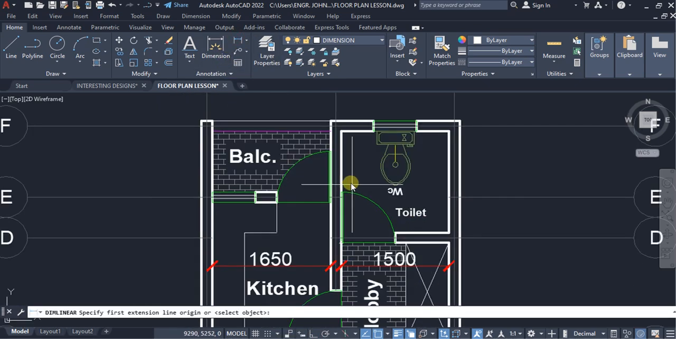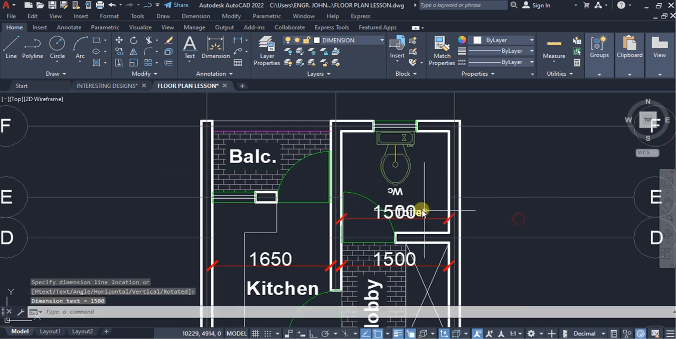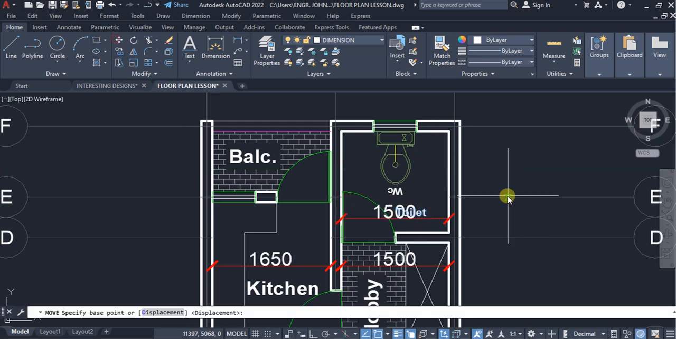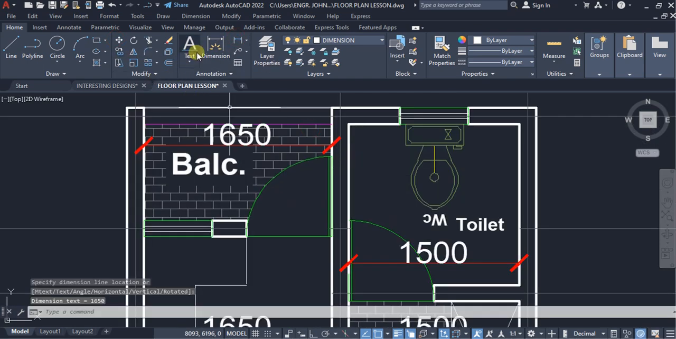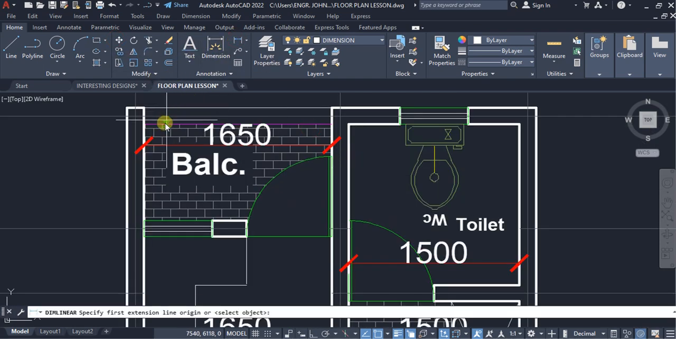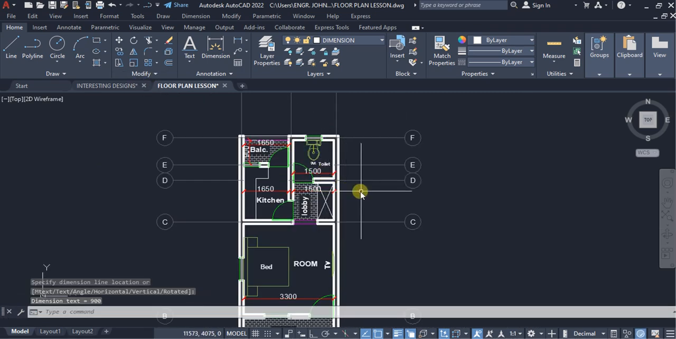by clicking on dimension. Then I leave it there, pick this, move it up, dimension this as well. Then I go vertical, 900. Now if the text for the interior dimension is looking bigger, what I mean is this: I go to